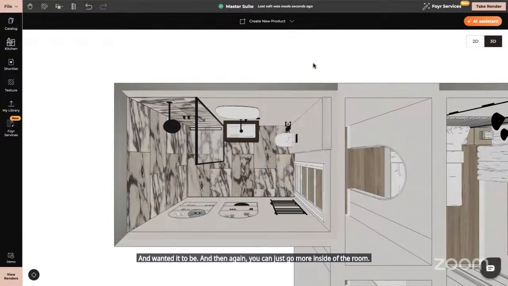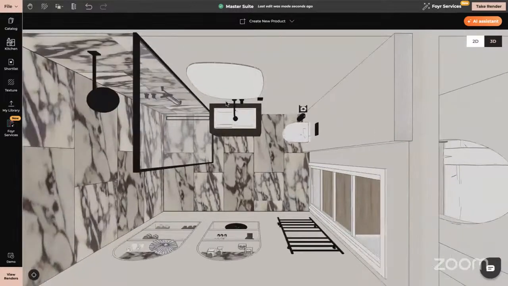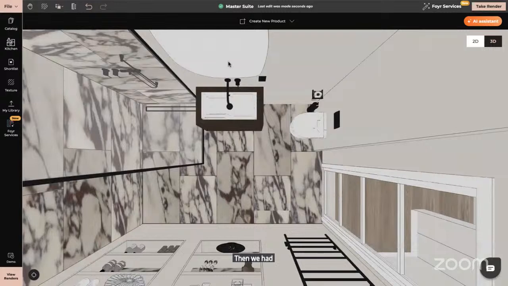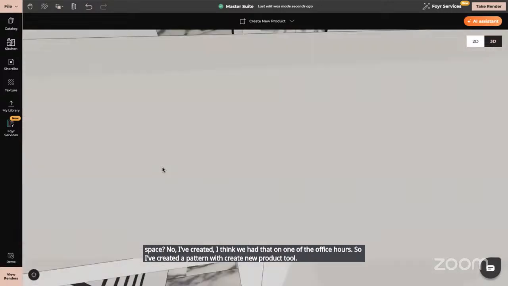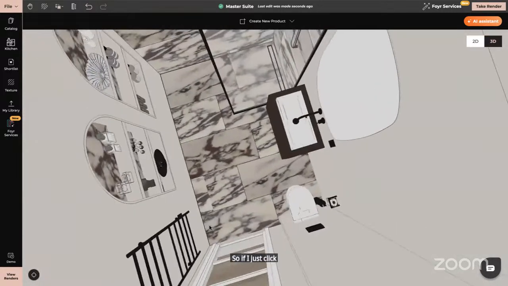Then we had a question about the tiles, I think. Did you have to make each tile for this space? No, I think we had that in one of the office hours. I've created a pattern with the create new product tool. So if I just click on the wall here